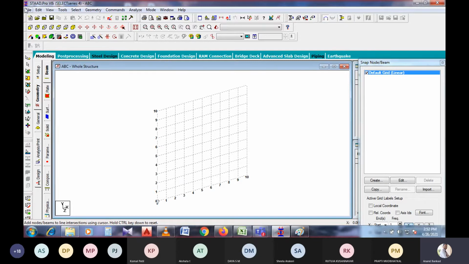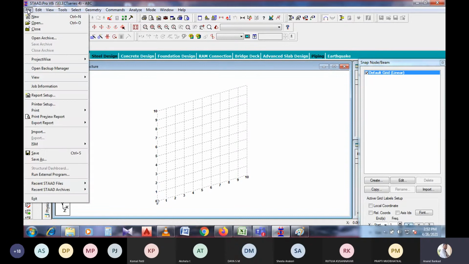So here at the top left corner are File and Edit. Once you click on File, different casual options will be provided: create a new one, or open a previous file, close the dialog box, view, output and input view.